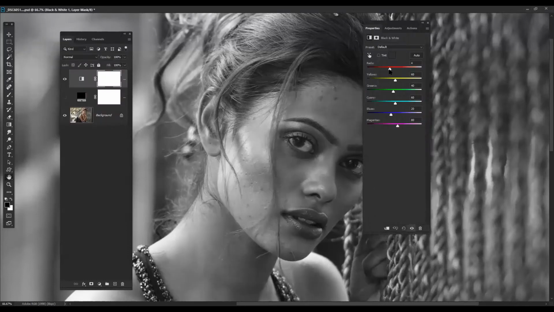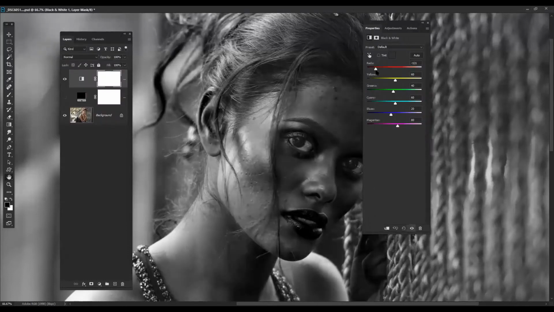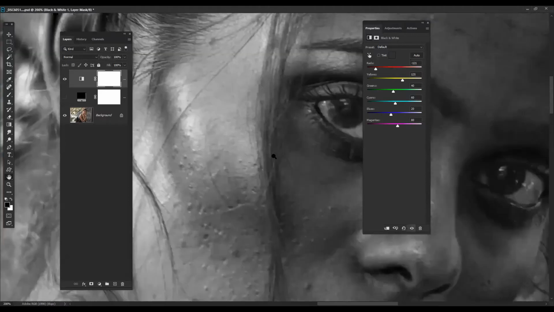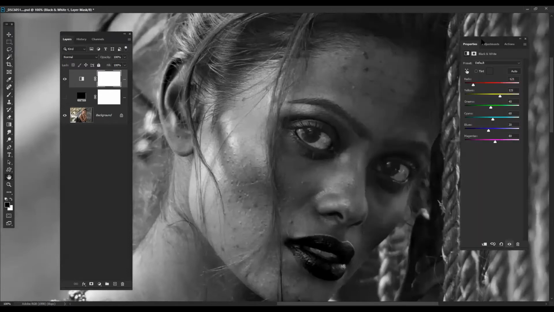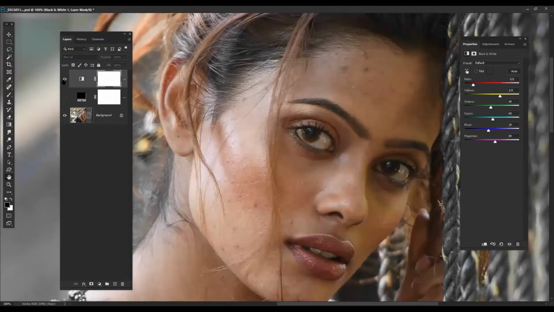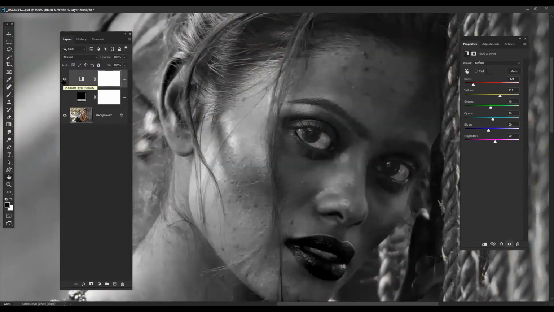If we pull the blacks down to around minus 120 and pull the whites and yellows a little, now you can see very promptly the blemishes, where the faults of the skin are and where you can retouch. Is it visible clearly now? The difference you can see right from a normal image to the black and white layer that we are making.